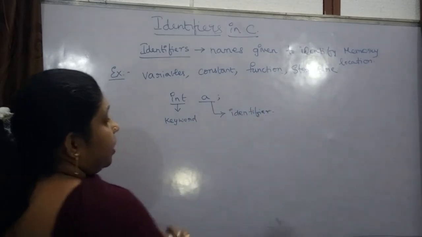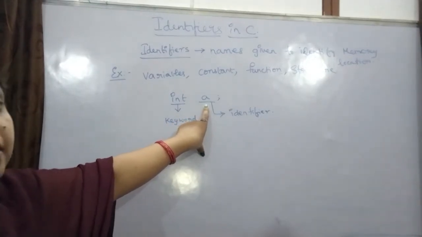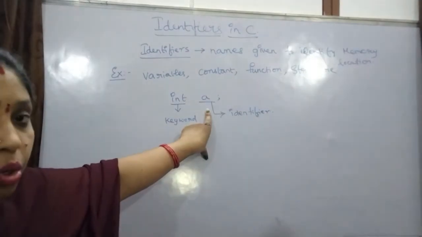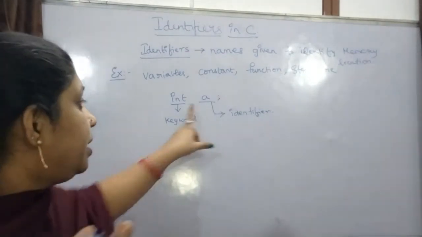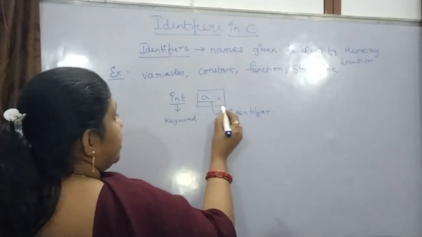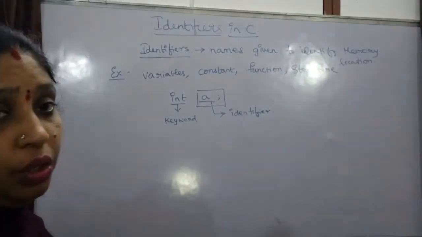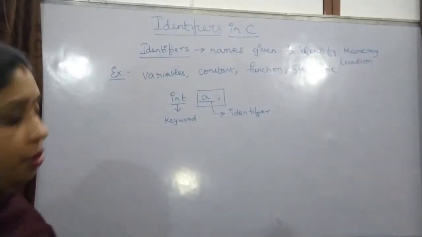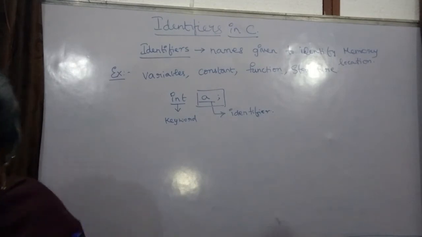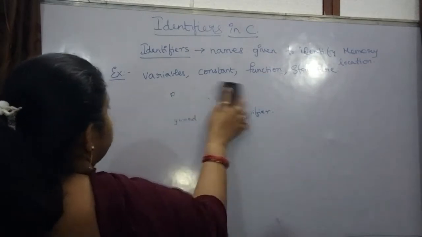Here I am using the variable as one letter A. You can use more than one letter also, but for your understanding purpose I am telling that this comes under the identifier. In this way you will be using the identifiers. This is the example to create the identifiers. Now I will tell you the rules to declare the identifiers.